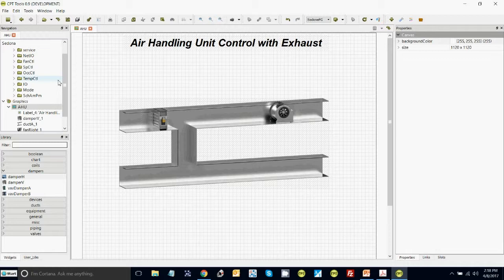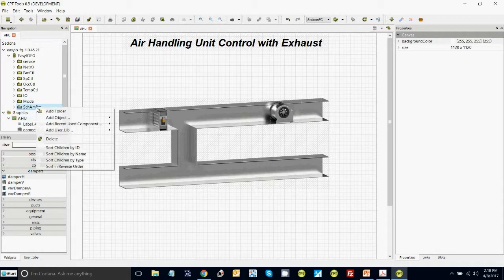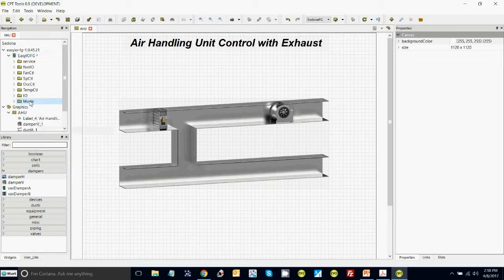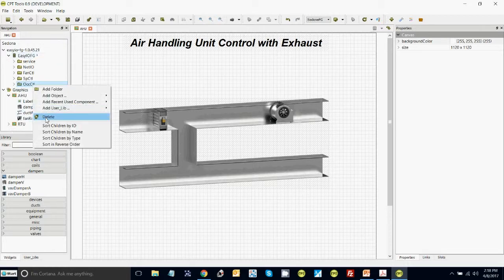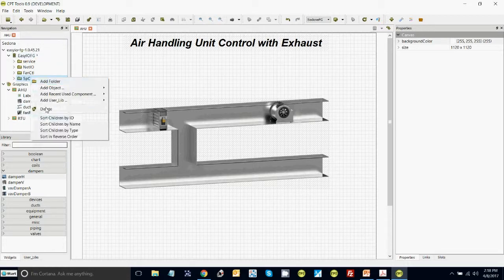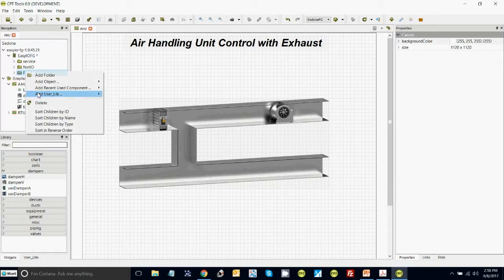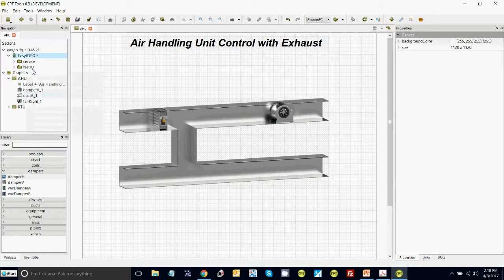So next, what we're going to do is delete the logic we have in the controller and start working towards the graphics we're going to do in the test. On the right hand side, just use your mouse on the left hand tree. It's easier to delete folders like this because some of them are quite large. IO, delete, temperature control, delete, occupied control, delete, set point control, fan control, and net IO,